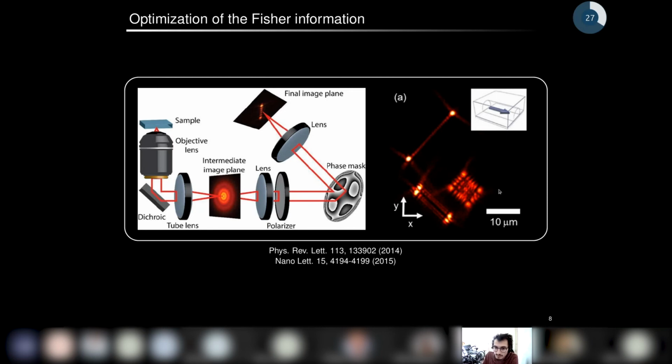Here are some results where fluorescent molecules flow inside a tube. You see here 3 molecules. X and Y are easily located as the center of mass of this PSF, but Z can also be inferred from the shape of the PSF. They know how they distort the PSF, so they can recover the Z position of the molecule. So this was just an example to show that by shaping the outgoing field for fluorescence imaging in clear media, you can optimize for the Fisher information and have better estimates of your parameter of interest.